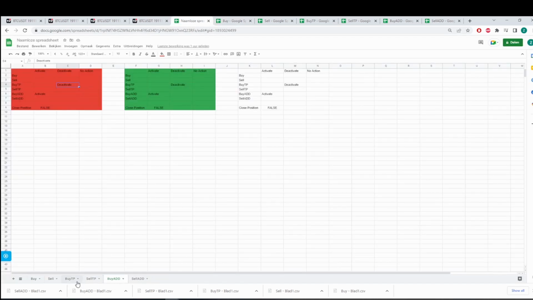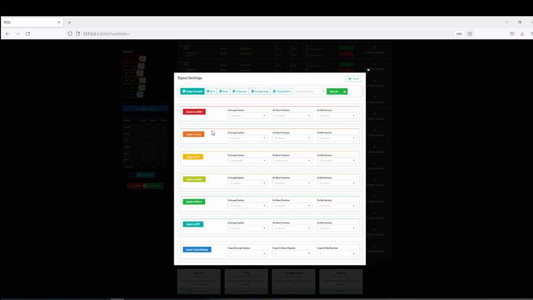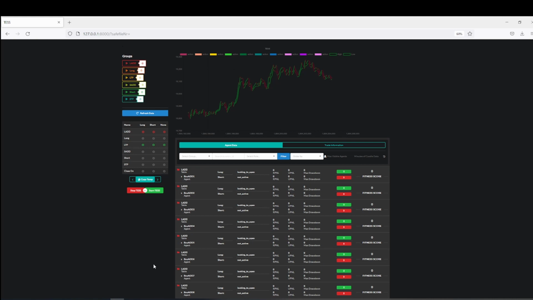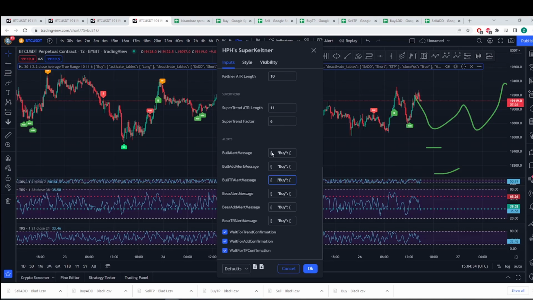So for the bull TP, you want to, let me have a quick look, buy TP. So you want to activate the buy TP and deactivate the buy add. Okay, so scroll all the way to the bottom, activate the buy TP, so LTP activate, apply, and deactivate this one, apply, and the rest should be all correct and good to go. So copy current, and we can head over to here. Bull take profit is